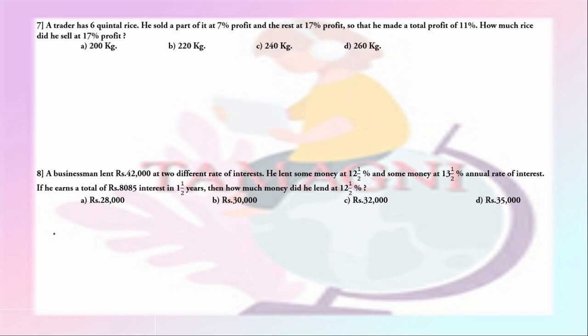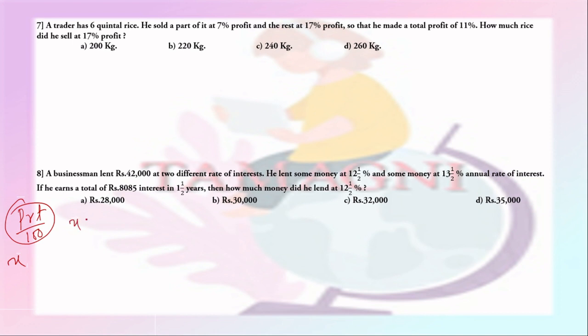Here we shall calculate the simple interest. Nothing is said about the interest, so we shall go with the simple interest. In calculating, we shall use PRT by 100. Okay, so if we assume x rupees out of 42,000 was lent at 12.5% interest, then the interest will